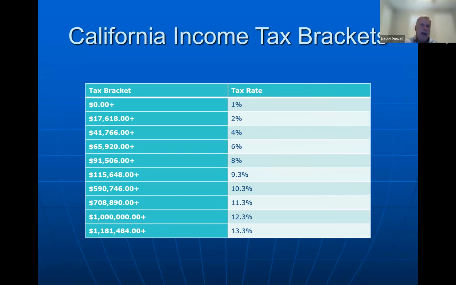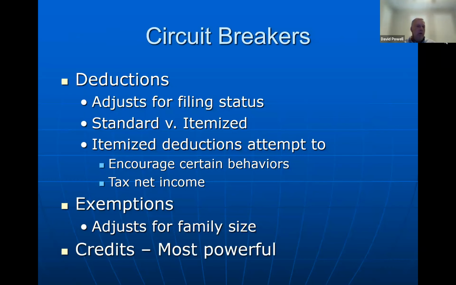Most states will piggyback their income tax systems on the federal system. And so they'll take your national tax liability and your national adjusted gross income, and they'll then use that as the starting point for calculating your state income tax liability. Now, the starting point for calculating your tax liability will be this thing called the AGI, or the adjusted gross income. Then off of that adjusted gross income, we will then add on the circuit breakers to reduce the tax burden for income taxpayers. So some of the major categories of circuit breakers or income tax reductions that we tend to see